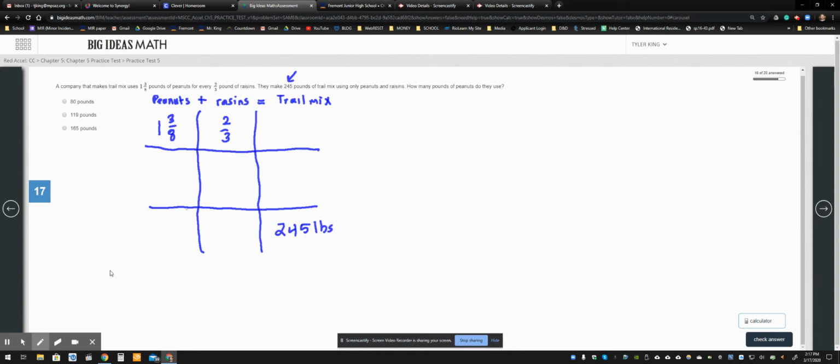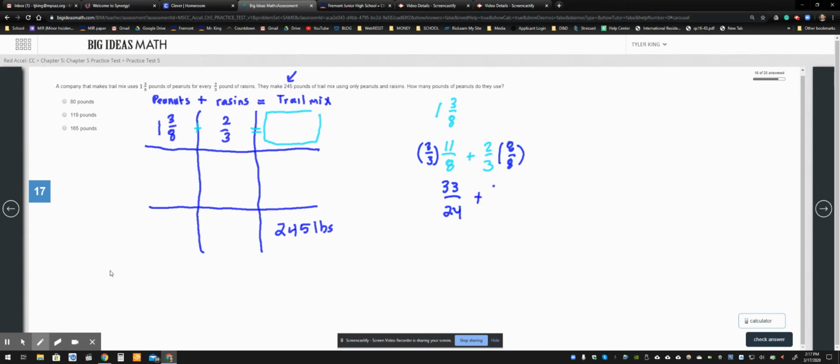Okay, so we're going to first go through and solve these pieces here. So we're going to take this 1 3/8 and we're going to add 2/3 in order to figure out how much trail mix that makes. So we're going to take 1 3/8. That's going to end up being 11/8 plus 2/3. We need to have our same denominator, so we're going to times this by 3/3, and we're going to times this by 8/8, and we're going to end up with